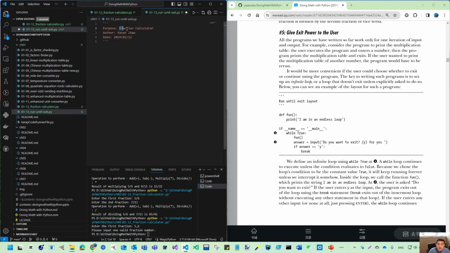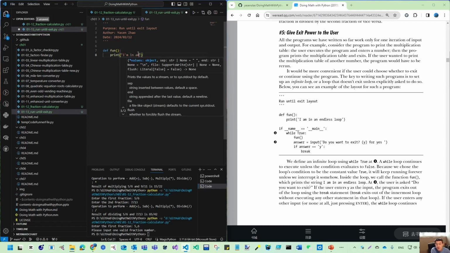This program is called run until exit layout. We're starting from this simple sample, then we will apply that back to one of our existing programs. So what we want to do is just def our fun part is print